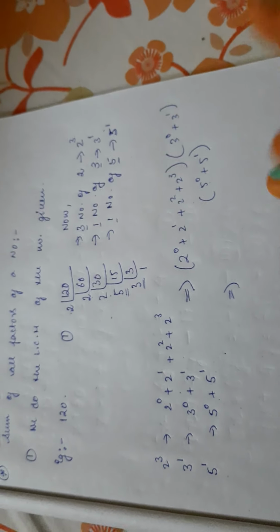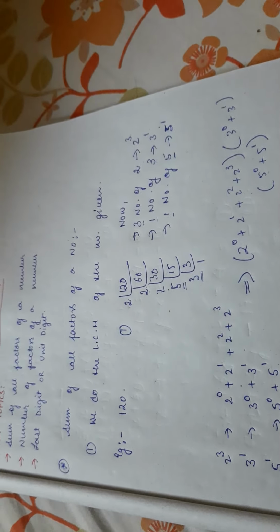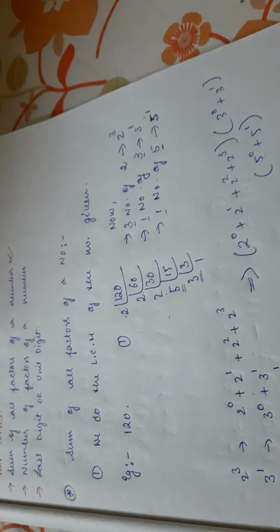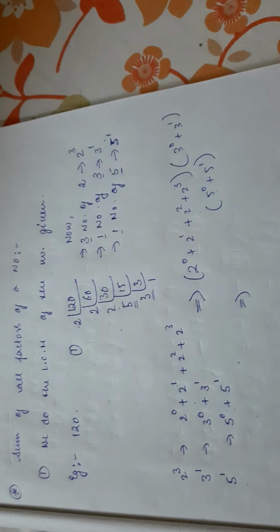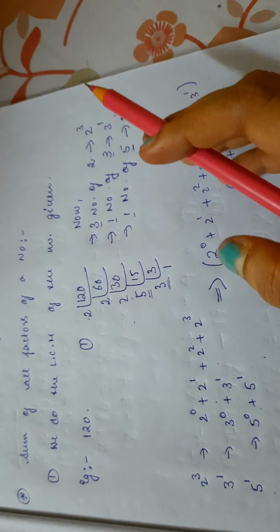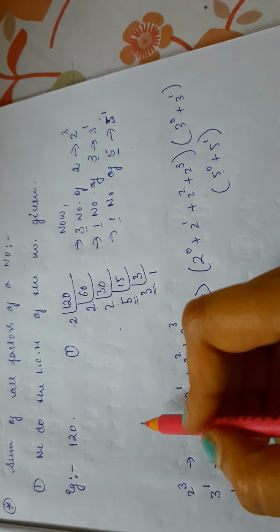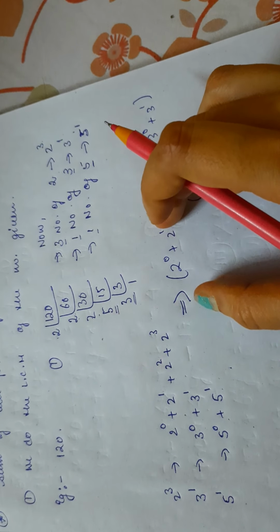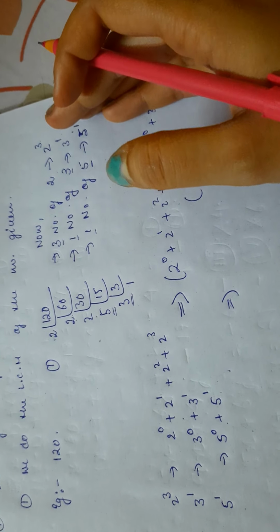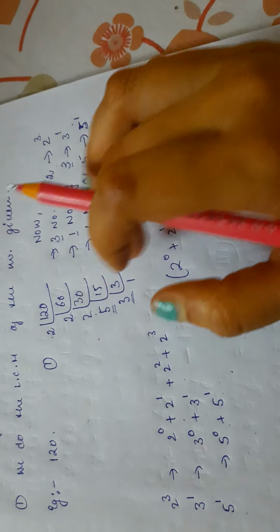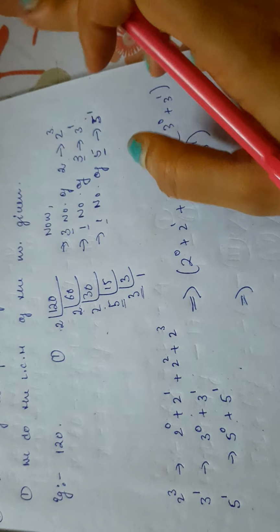So this is basically the shortcut form of how you can get the sum of all the factors of a number, which is the first part. This is the shortcut, how you can process it. Let me repeat once more how you will get the sum of all the factors of a number. My number was 120. So first we did LCM of 120. As we got the LCM of 120, beside that we wrote how many twos, how many threes, and how many fives we have observed in this LCM. We got 3 twos, one 5 and one 3.